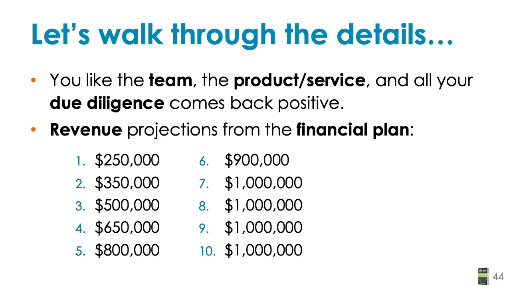So let's just do one with a spreadsheet, and I'll show you how I do it. So let's just assume, for the sake of this exercise, that here are the revenue projections. And it's really rare that you're going to get 10 years of projections. Usually you don't get more than 5. So you're going to have to do some guesswork yourself. In this case, we just stopped growing at year 7 just to see what happens.